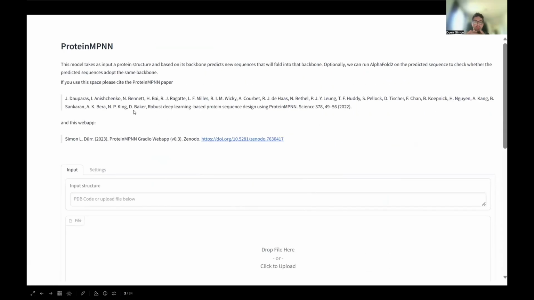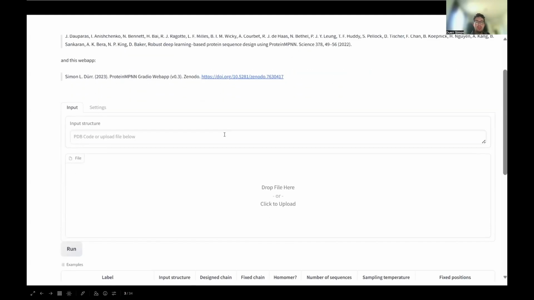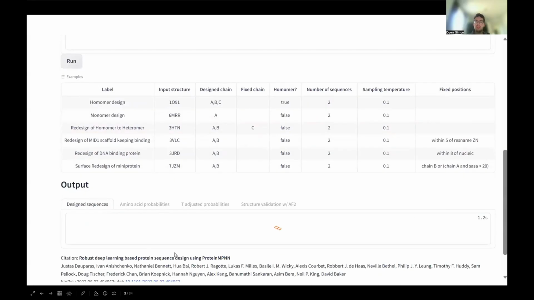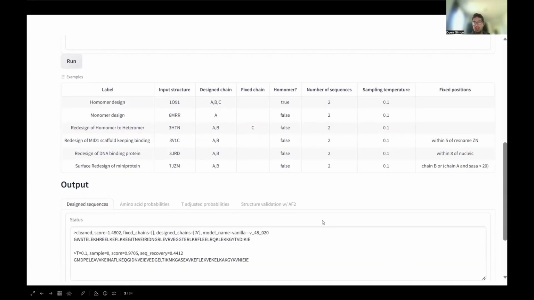Why I'm doing this: maybe some of you are familiar with these apps that I've been releasing. This is, I think, arguably the most popular one, for ProteinMPNN. It's running on Hugging Face, and it's a simple web app, so you can enter a PDB code. Let's take, for example, 6MMR, and then you can just click a button, and in your browser you can run ProteinMPNN quite easily. And then there's also structure validation using AlphaFold and so on.